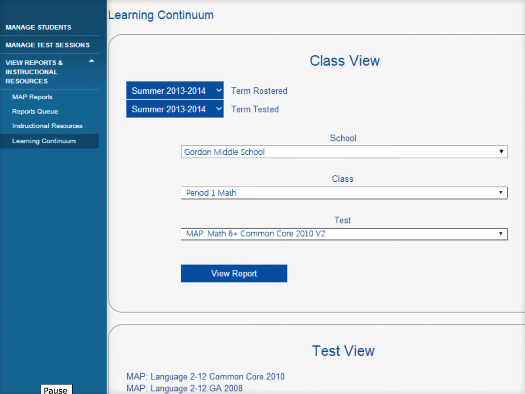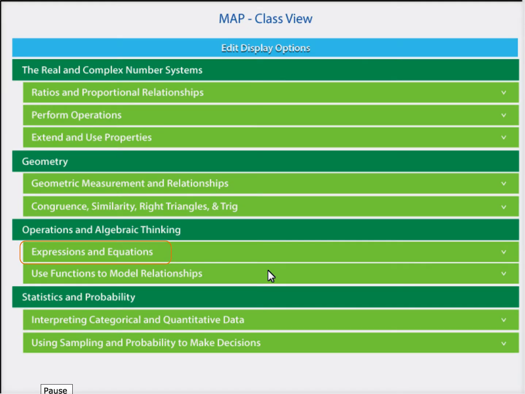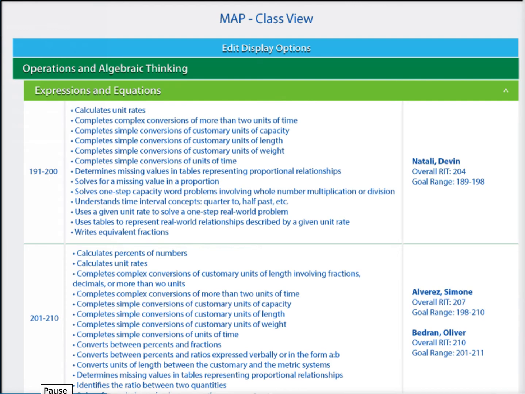I like to start with the class view because it gives meaning to my students' RIT scores. When I click my class and test, and then expand an area within the test, I see specific skills and concepts matched with the RIT bands where my students are performing. These learning statements summarize what my students are ready to work on, as determined by the